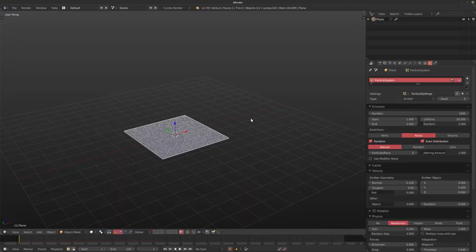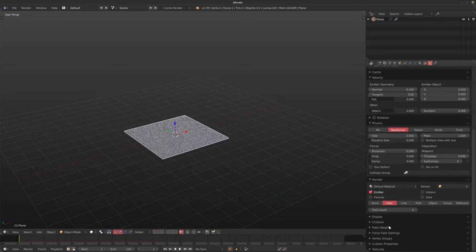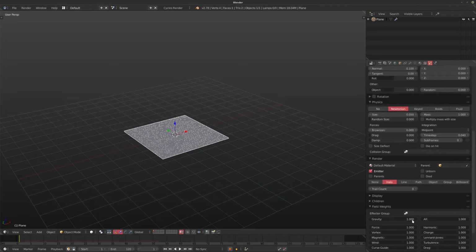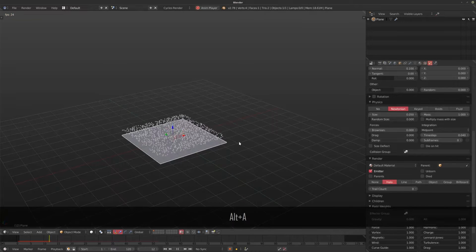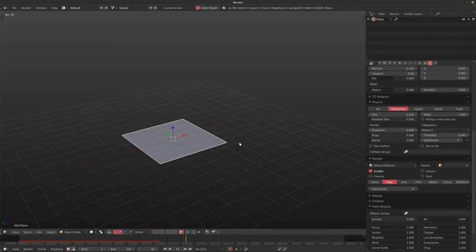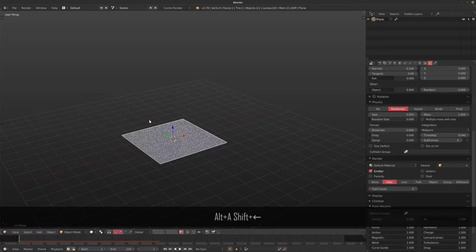If you want to have multiple particle systems, one with gravity and one without, then I would recommend not turning this off and just going down to the field weights down here and just turning off gravity, which will have the same effect. So what that means is our particles will just keep following a path, and they'll just keep doing that until they either disappear or it's the end of your scene, the end of your timeline.